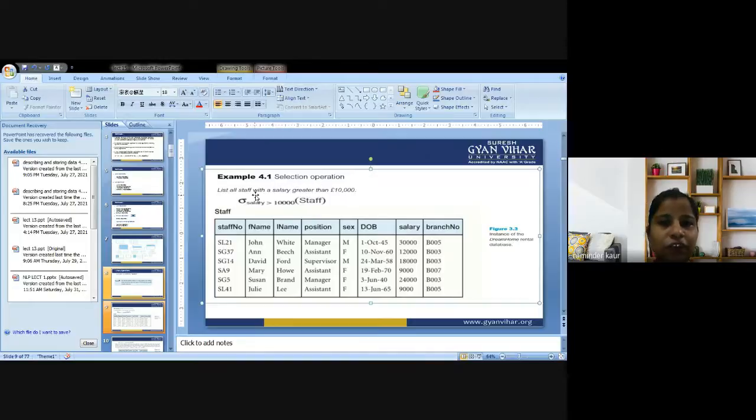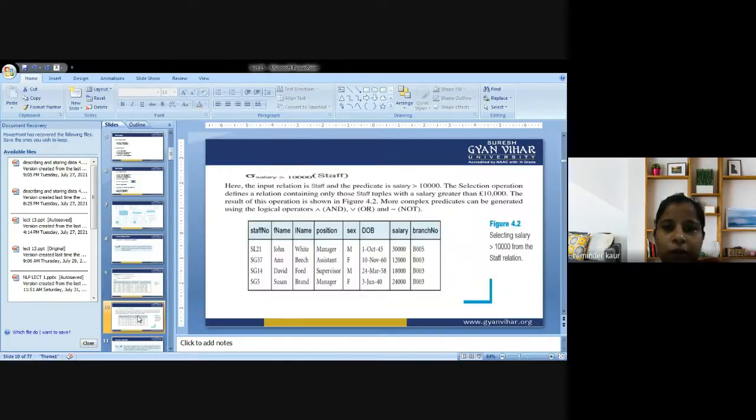So selection operation, like we are supposed to select, this is the sigma. In mathematics we call it the sigma operator. So list all the staff with a salary greater than 10,000 rupees. We are given the operator that could be used for selection. Next, there is a condition given here, that is a predicate. We are applying that on the staff, that is a relation. So this is the staff table in which we are supposed to fetch the records, having only 4 results. So this is the way my query works.